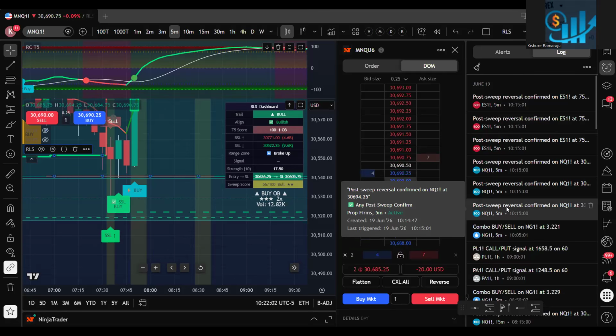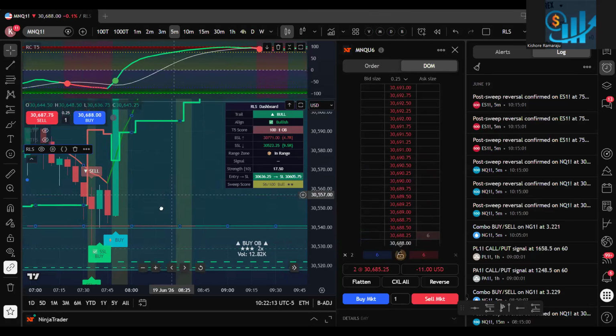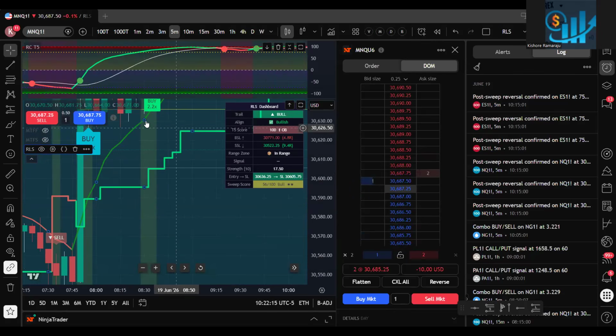It makes nice money if you're on the right side, but it is also risky if you're on the wrong side. Sometimes even though our direction might be right, it may do one candle on the opposite side and again come down. It will do that stop loss hunting type of thing, especially on a 50K account in the prop firm. If you use NQ, then your account can blow very quickly.